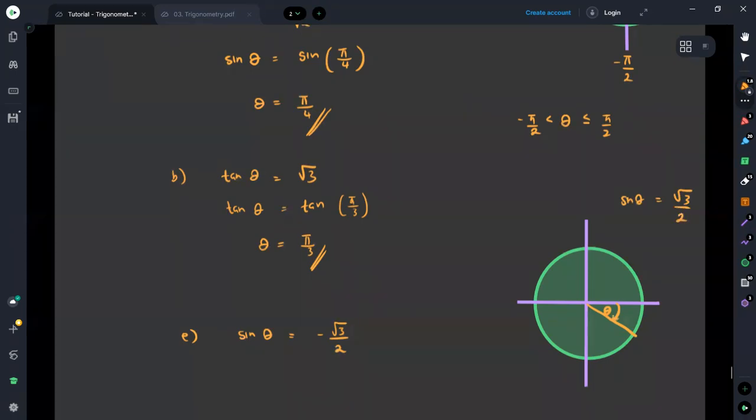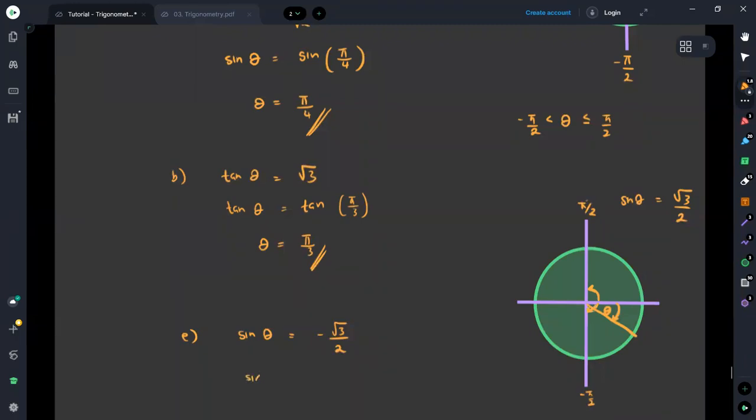Therefore, first we need to find the solution for this. Then we can say it is measured in the negative direction. That's why we can say it is minus 5 over 2. Here we cannot take it as an obtuse angle, because the value of theta is in between minus 5 over 2 and plus 5 over 2 only. Therefore we can measure the angles in this direction or else in this direction only.